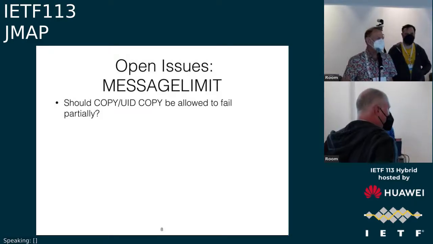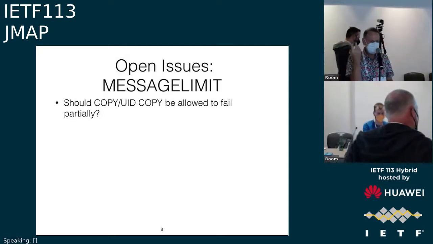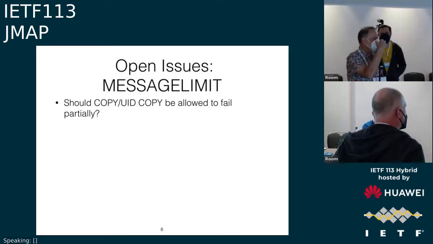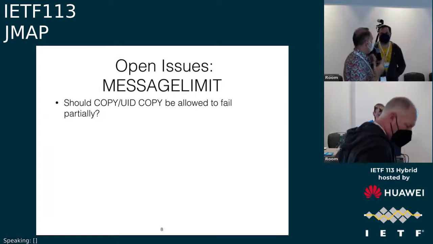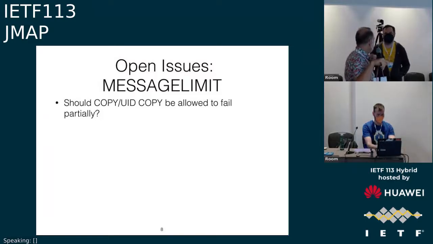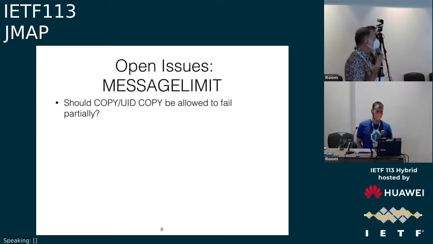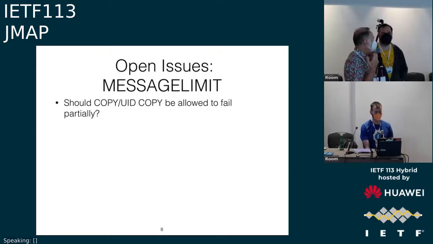Sorry, I didn't push the button, but this is Barry. Not on what Ken just said, but the other bit. We previously don't have any stuff in IMAP where the server puts limits on things that the client may not know about that affects the client's behavior, and this is the first that I'm aware of. I don't like the idea that a client that tries to copy 100 messages and only gets 10 of them copied, if they haven't been updated to understand this, has no way of dealing with that situation. And I think that's bad.